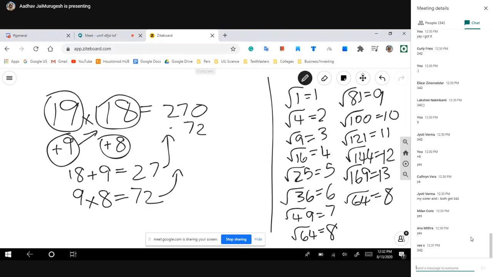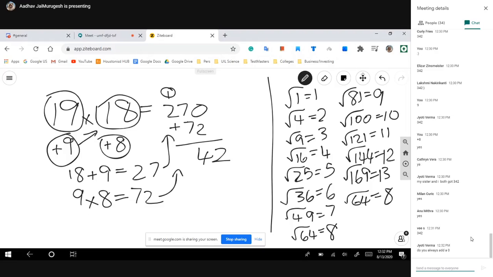And if you do that, first you're going to get 0 plus 2 is going to be 2, then 7 plus 7 is going to be 14, so I'm going to add a 4 over here, and now it's just basic addition, right? Since 7 plus 7 is 14, you add a 4 over here and carry 1 over here, then you do 1 plus the carried 1 over there, and that's going to give you an answer of